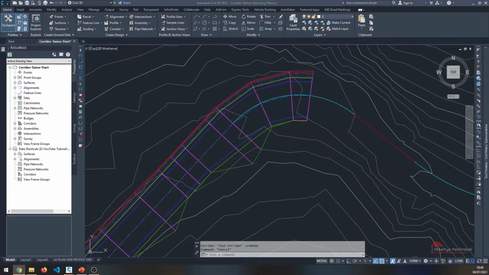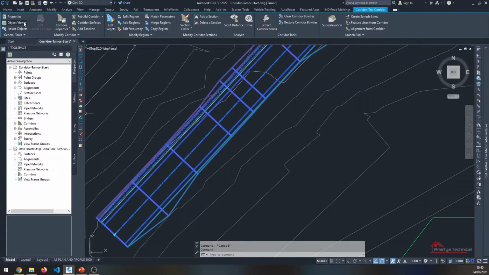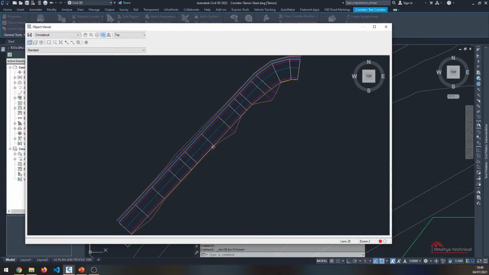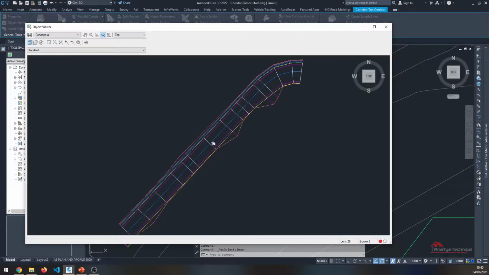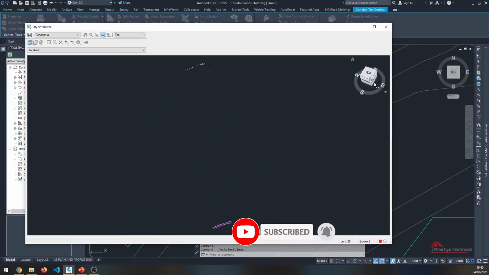As I discussed before, a corridor is a collection of these sub-assemblies, and alignment, surface, and profile. If I select this corridor and go to this object viewer, here you can see the 2D representation of our corridor. If I just click on this right corner hotspot,